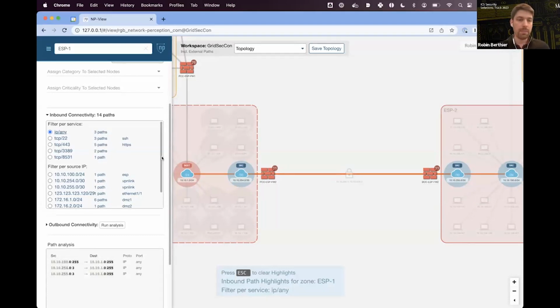And there's a debate there whether or not to allow any port or to specifically allow ports and services that are only used in that ESP based on applications deployed. So depending on the size of your environment, you may go one way or the other. The risk with any, of course, is that if one of the environments gets compromised, there's just like a complete open door for an attacker to exploit and go to the next zone.